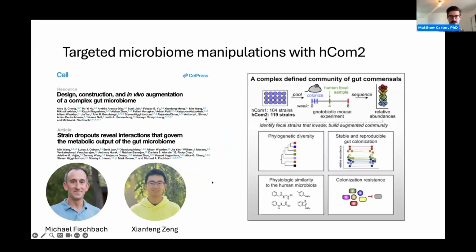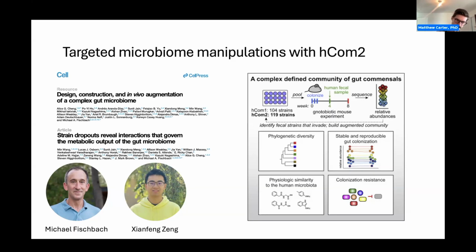And so the next thing we wanted to do was basically test for the effects of Bilophila in vivo and see if maybe it can potentiate this change to circulating glycine, and also what other kind of knock-on metabolic effects might be. And so the tool that we used to do that was an amazing tool developed by Michael Fischbach and Casey